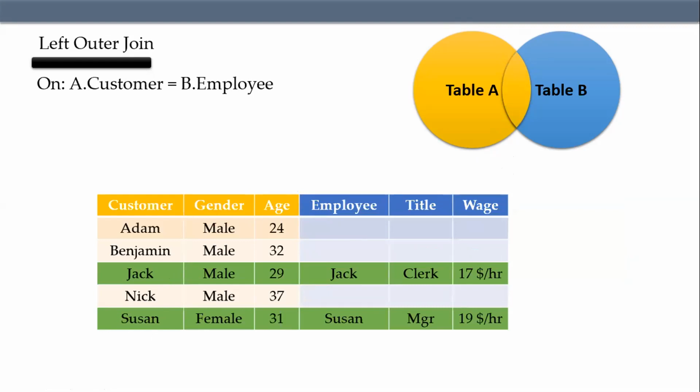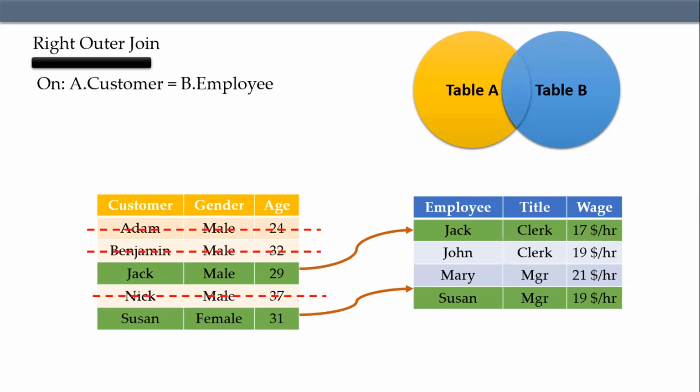Similarly, when you have a right outer join, I am going to keep all the records of the right hand side and only those records which match on the left hand side with the left table. So over here, this is what you have, a right outer join. I am getting the data for Jack from the customer table. I am getting the data for Susan from the customer table.